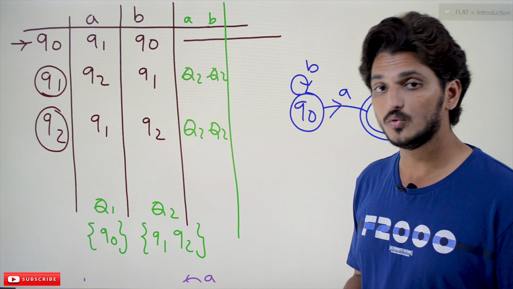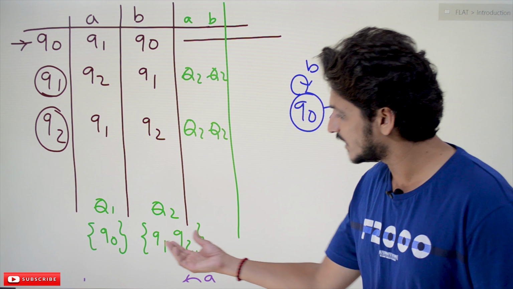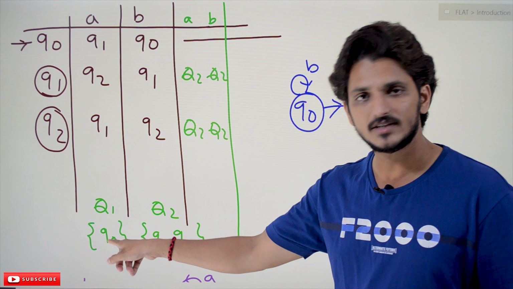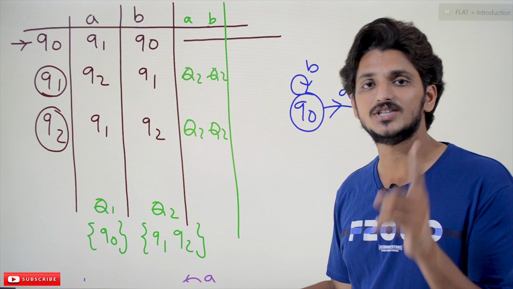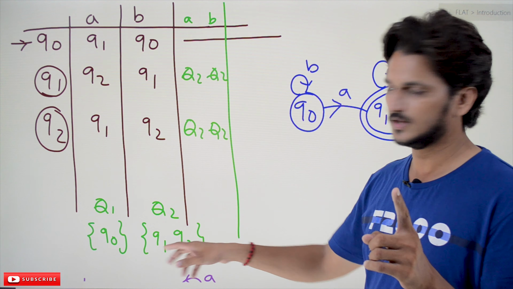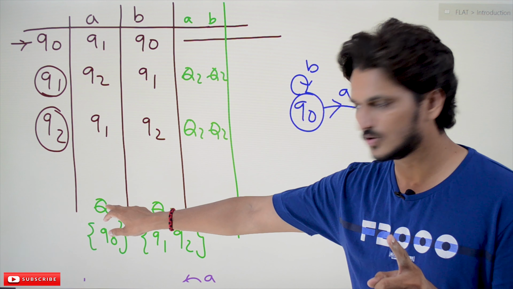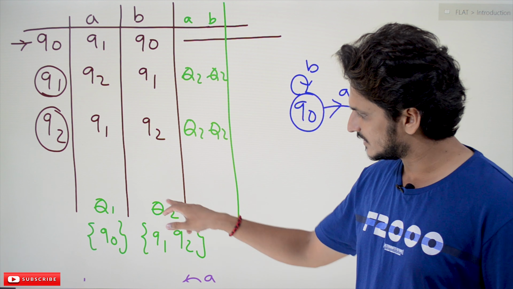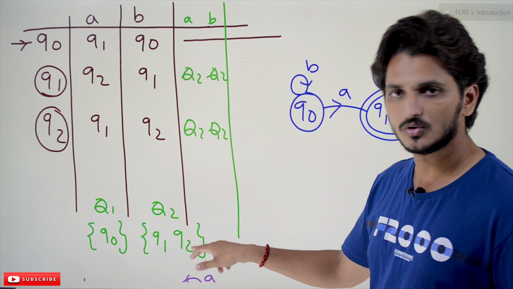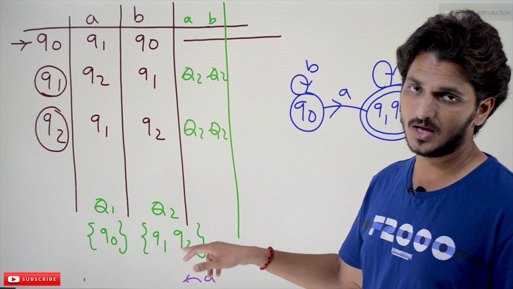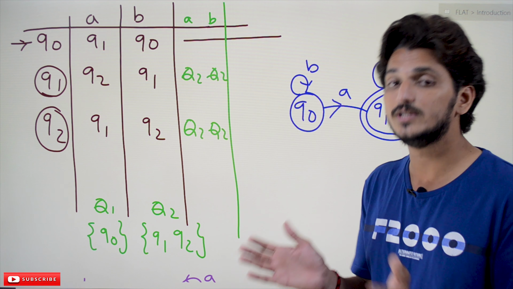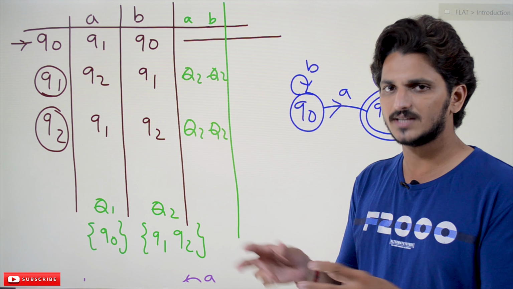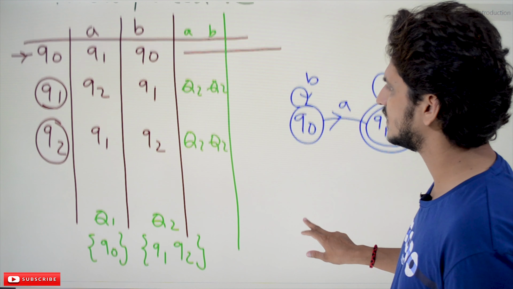Now we follow the procedure of decomposing, that means dividing, these sets. No need to divide the non-final set because we have only a single state in it. In the final set, we have two states, Q1 and Q2, so we need to check whether to decompose it. If it is not going to decompose, we will join. If it is decomposing, meaning dividing, we will separate it as different states.